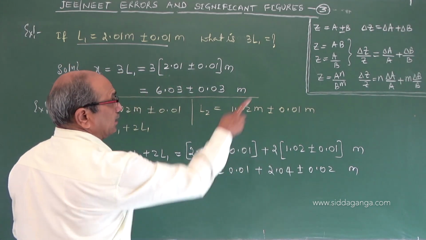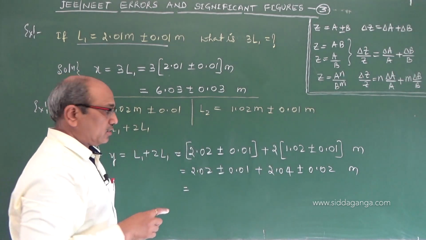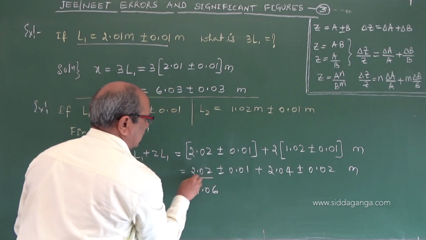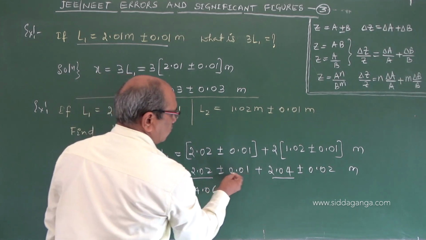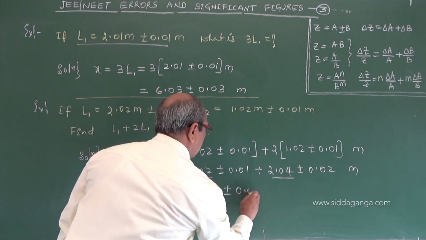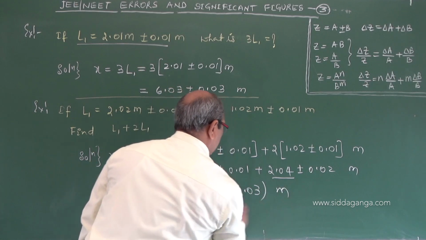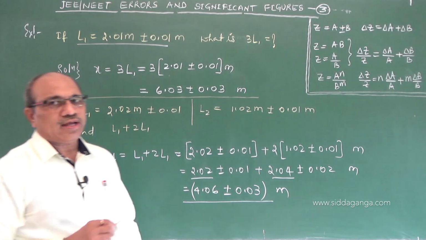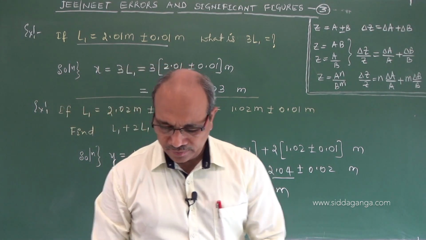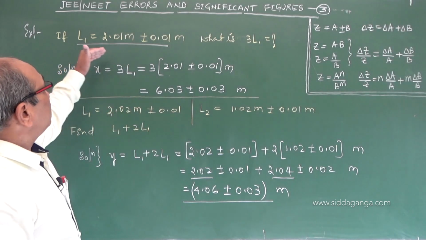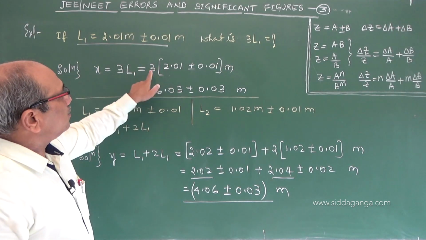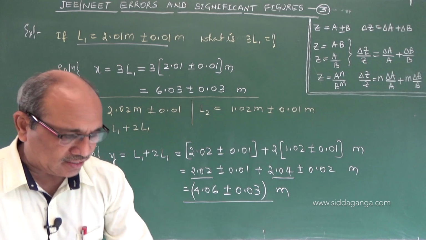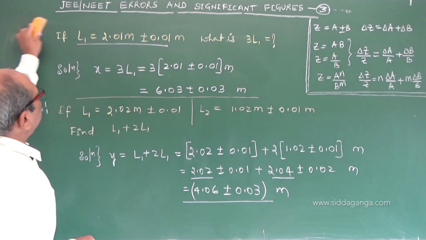Now if addition takes place in the propagation of errors, 2.02 plus 2.04 is 4.06, adding these two. The errors 0.01 and 0.02 become plus or minus 0.03 in meter. This is the possible error committed in the value of Y we determined. So be very careful here: if it is multiplying with a number, then it multiplies for both, the value as well as the error. Coming to the next problem.